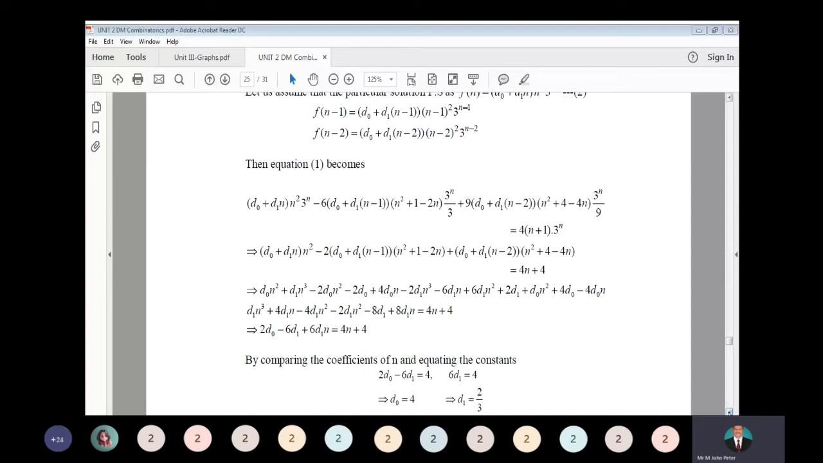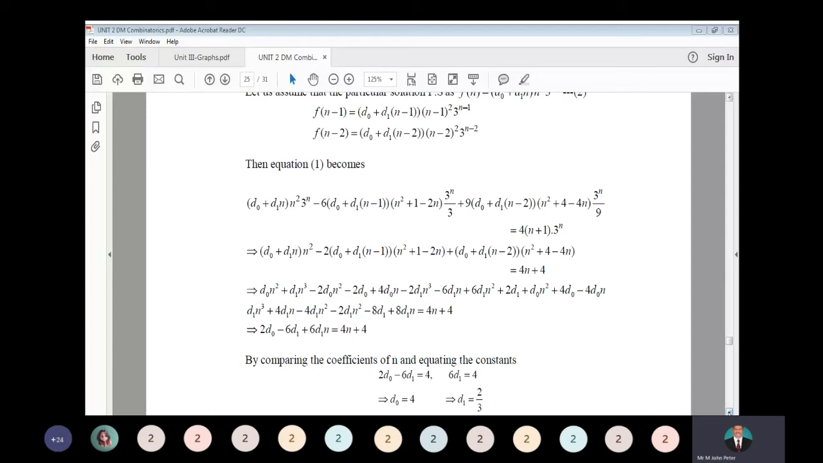Next, (d0 + d1 n) minus 2 into n² + 4 − 4n. So 9 by 9 that value is cancelled, and 3^n is cancelled in the elimination process. On the right hand side, multiply 4 with n + 1, that is 4n + 4. Now multiply everything inside; it is lengthy, but after simplification you will get